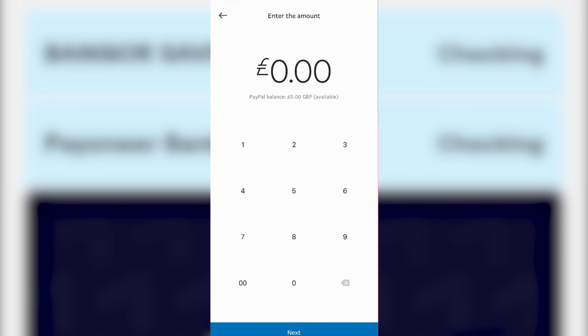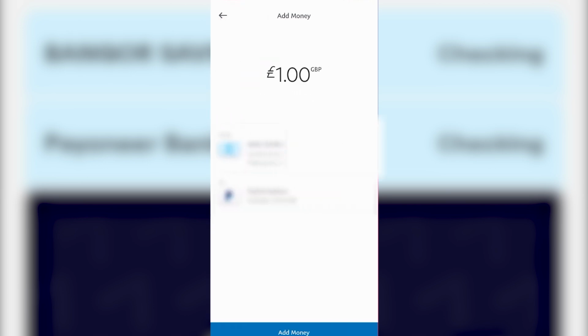On this page, you have to type in the amount that you want to add into your PayPal account and then click on next. Now it will ask you from which account do you want to add your money into your PayPal. From here you can select the added banks or the cards that you have already added or linked with your PayPal account. Once you selected the correct bank, click on add money, and after that your money will be added into your